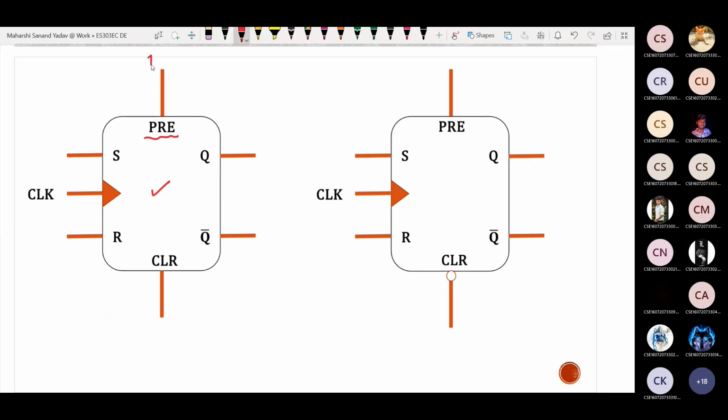1. If I apply preset is equal to 1, the output will be 1 or 0? You are setting. Setting means the output will be 1. Already we did this one. If set is high, we are getting output as 1. If reset is high, output will be 0. The same concept will be explained by means of this asynchronous input. Now, I want output as 0. Tell me, which one should I enable, preset or clear? If you want to enable, should I apply 0 or 1? Tell me, I want output as 0.